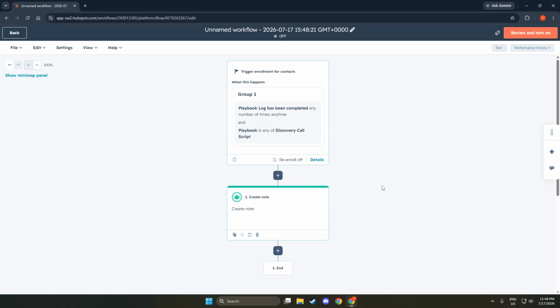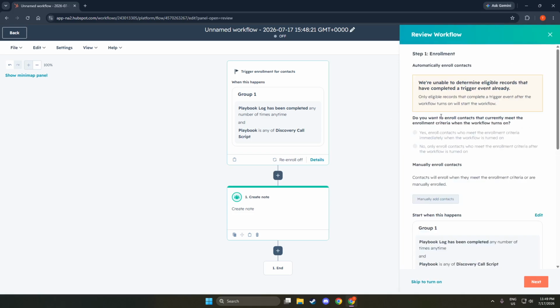This is your opportunity to ensure everything is set up correctly. Make sure the triggers and actions align with your original goals. A thorough review can prevent potential errors and ensure a smooth execution once the workflow goes live. This step is essential because it can save you from troubleshooting later on, allowing for a more efficient launch.